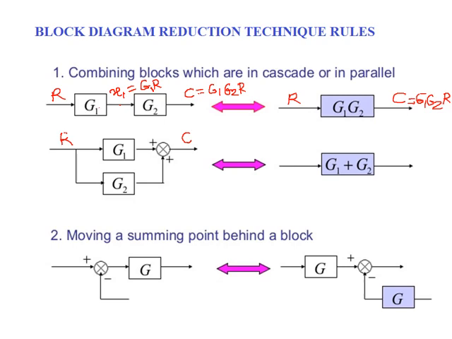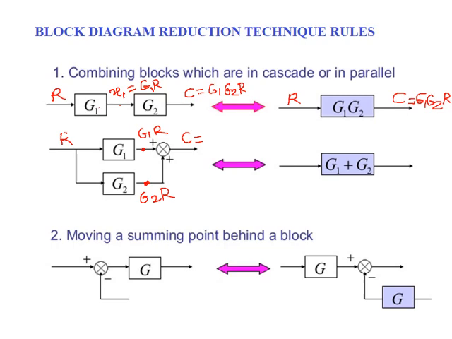See here, the summing point is there. At this summing point, look at this second signal. The second signal is positive. So what will be the resultant here? The resultant, that is output C, is equal to the addition of these two blocks. Now we will see what will be the output at this point. This will be gain into input. What is gain? Gain is G1 into R. What about this second point? Here output is equal to G2 into R.